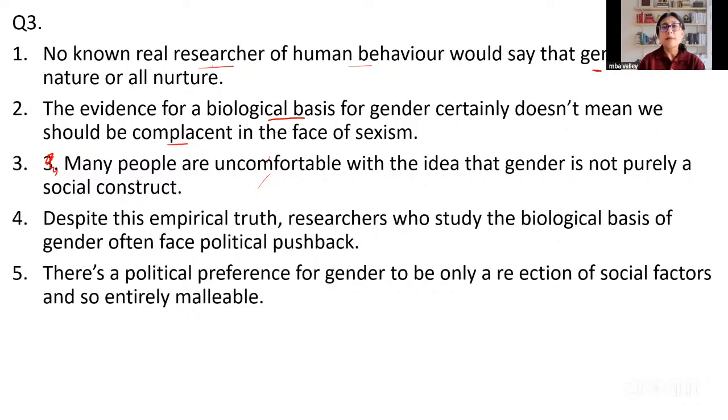Sentence number 3 says, many people are uncomfortable with the idea that gender is not purely a social construct. Sentence 4 says, despite this empirical truth, researchers who study the biological basis of gender often face political pushback. देखो, हमने ऊपर भी रिसर्चर वर्ड अंडरलाइन किया था और हमने यहाँ बात करी है बायोलॉजिकल बेसिस की. ठीक है. There is a political preference for gender to be only